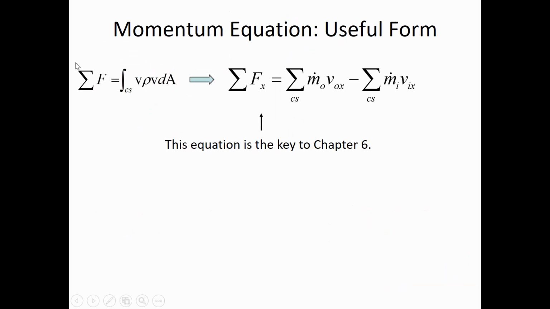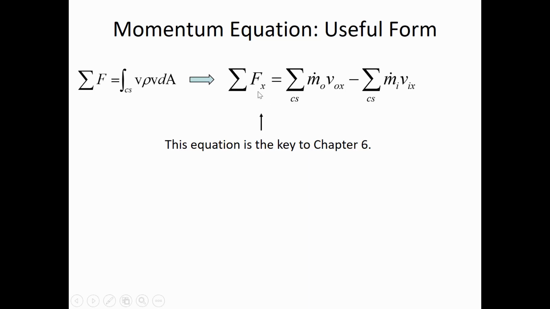So we transform the Reynolds transport theorem and Newton's second law into this practical version of the momentum equation when we look at applying it in a certain direction. The primary difference between the two here is that we are able to apply this in any direction we choose, but we have to do it in one direction at a time. So in the x direction, what this means is that the sum of the forces required to hold a